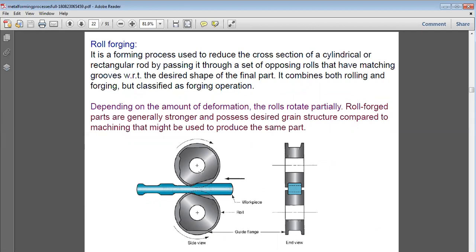There are grooves in this case. Different shapes are provided onto this. Like this upper one section is of a different shape, and the other section is of a different shape. Clear? So there are different grooves in this case, and those grooves will basically replicate their shape onto the final workpiece.